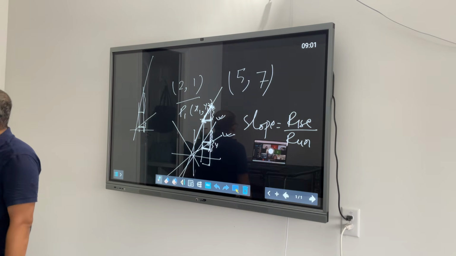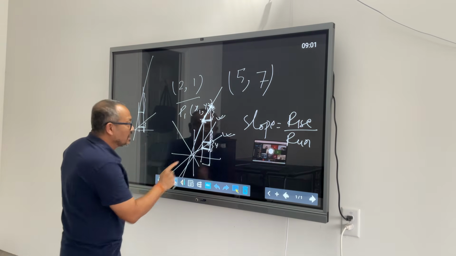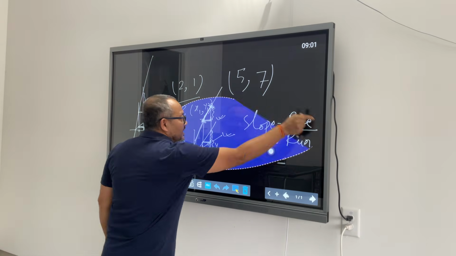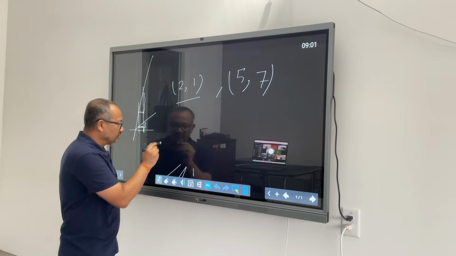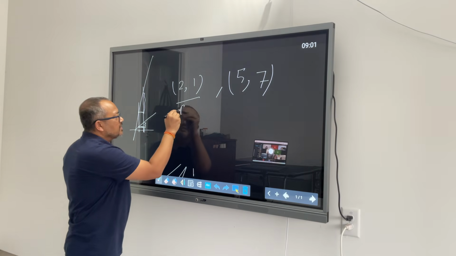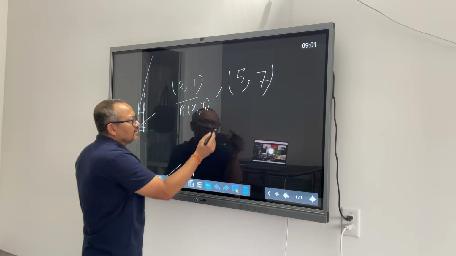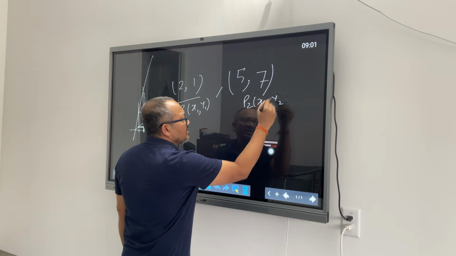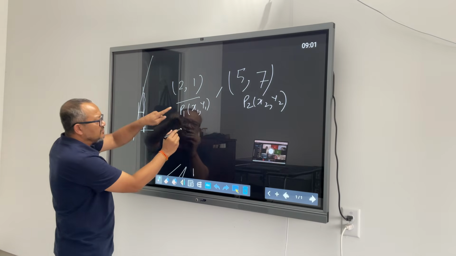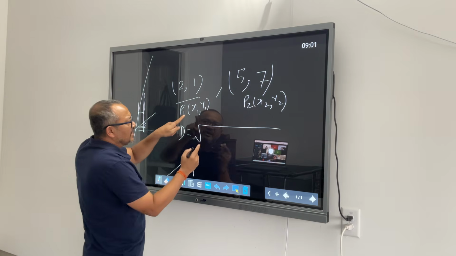Alright, so we talked about slope and distance. Now just to conclude this one. So these two points we had, and somebody says find out the distance between them. You will not have to worry. This is your point number 1, which relates to x1, y1. This is point number 2, x2, y2. What you will do is, distance between the two points is the square root of the difference of x coordinate values,